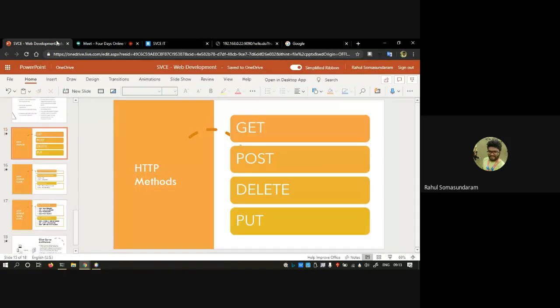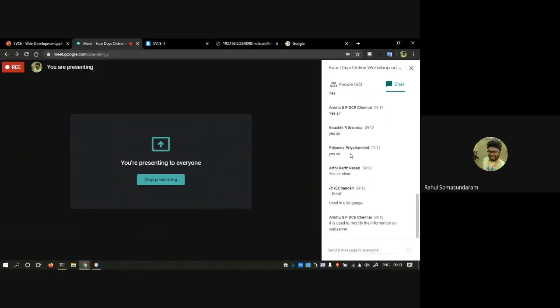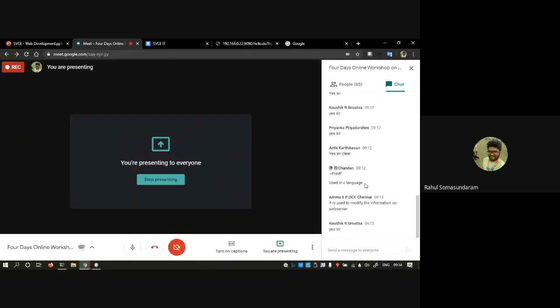I'll just explain. When, instead of returning the book, you want to renew the date, like you want to renew the book, you have to send the put request. If you send a put request, the book will still be under your name, but the due date alone will be modified, correct? So that we have to do via put request. You are not deleting the book against your name, you are just modifying the due date for it. So for that we will be using the put request.